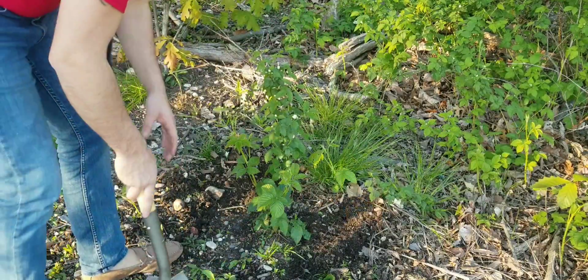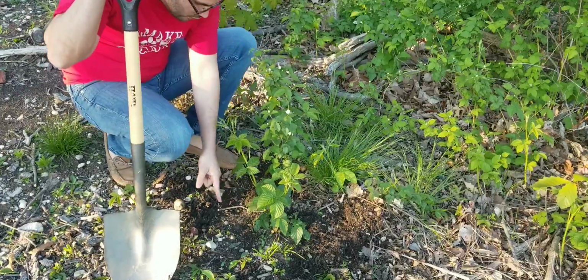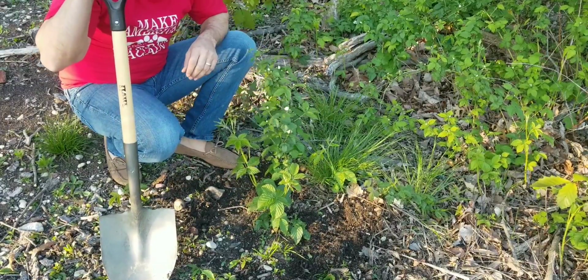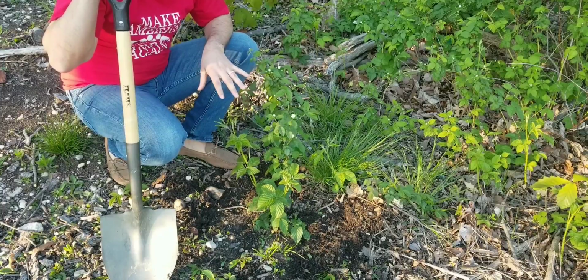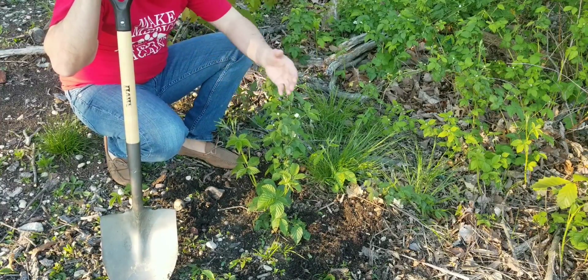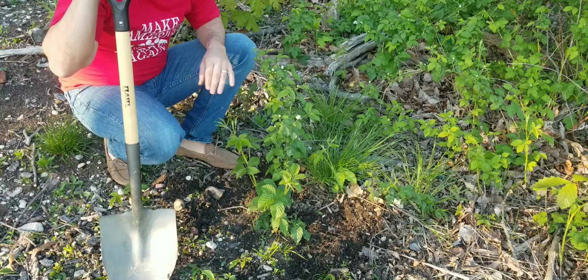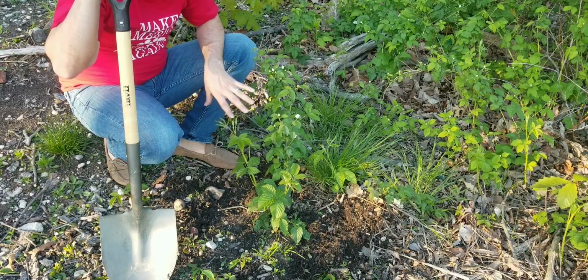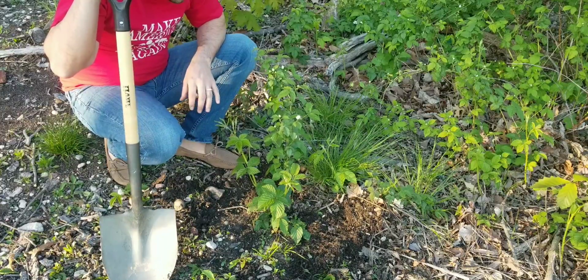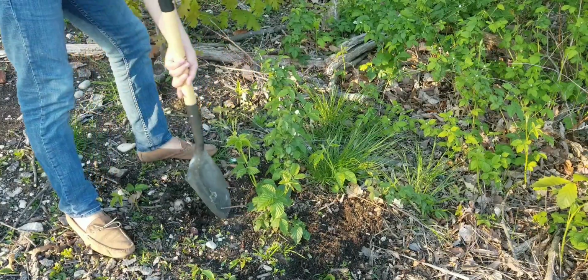So what I'm gonna do now is I'm gonna cut around the base, and hopefully I can cut enough root system so it doesn't die, right? Now it's a risk that I'm taking. I can take a younger plant without flowers, but since I'm late into the gardening season, I just want to take my risk and hopefully it'll work, right? Because I do have another plant in the house that I did. So what I'm gonna do is